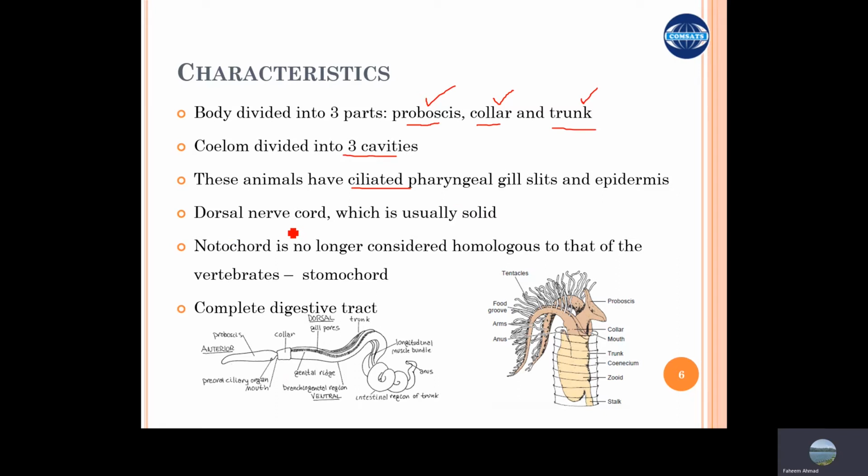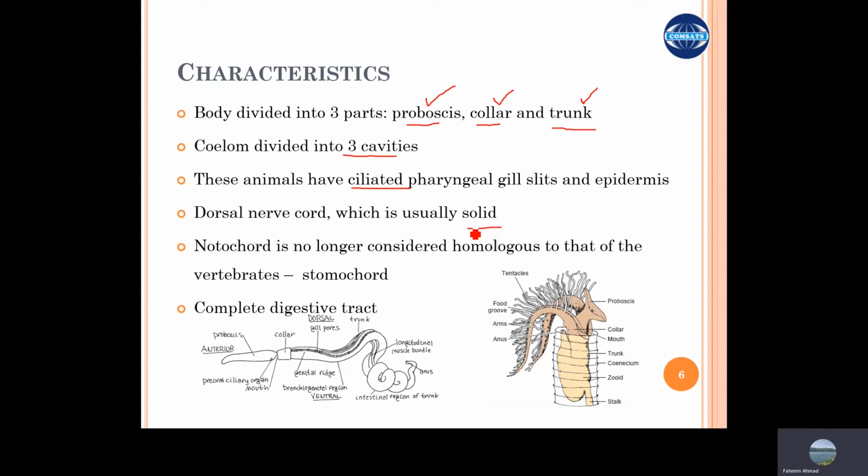Then the nerve cord exists which is solid. Here you see the difference. These animals, because they are primitive ones, are still at the early stage of development, so their nerve cord has only shifted the position from the ventral side of the body to the dorsal side. Remember, all the invertebrates have the nerve cord on the ventral side of the body. So in these animals, the nerve cord is on the dorsal location, which is the key characteristic of the chordates. That is another reason that these simple invertebrate-looking animals are now considered the sister groups of the chordates.